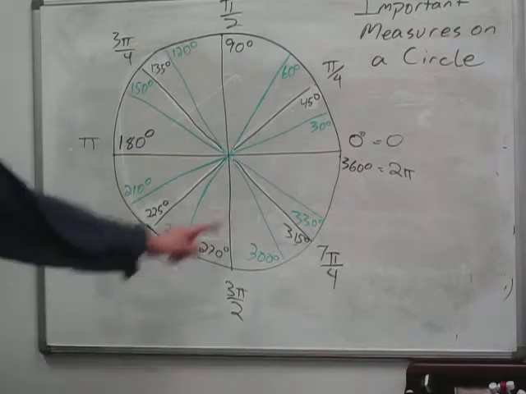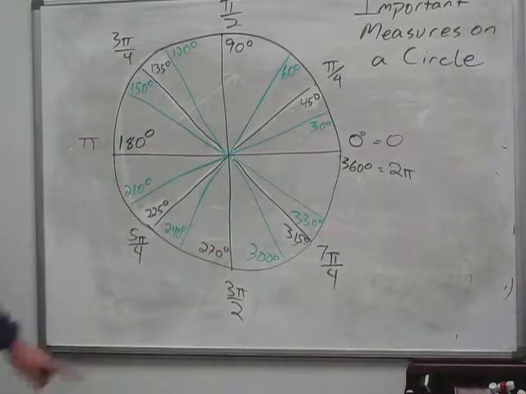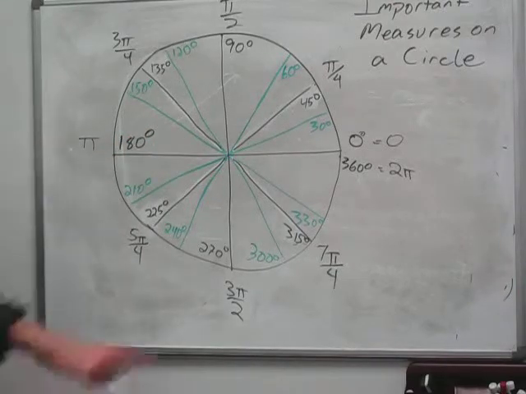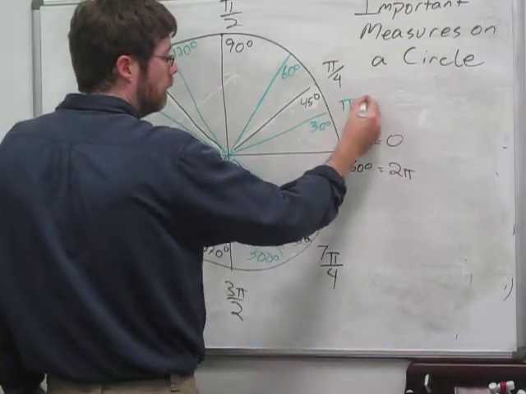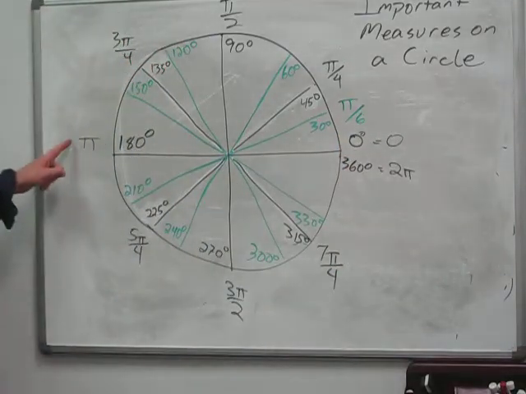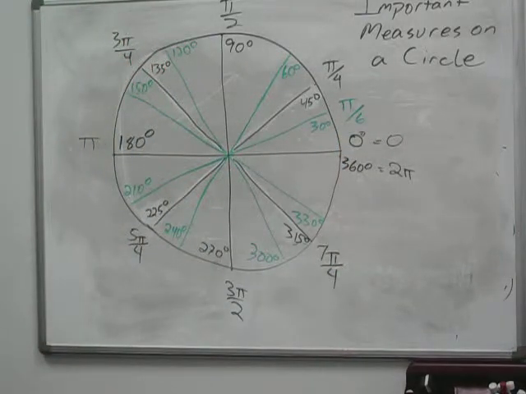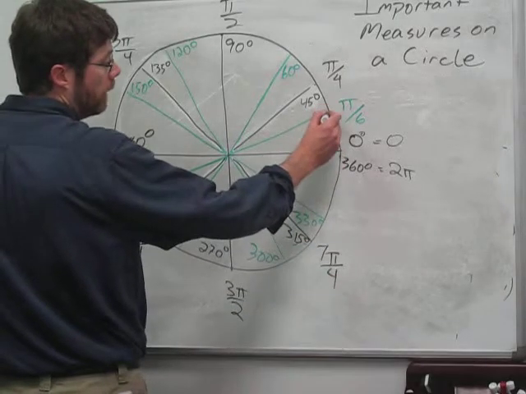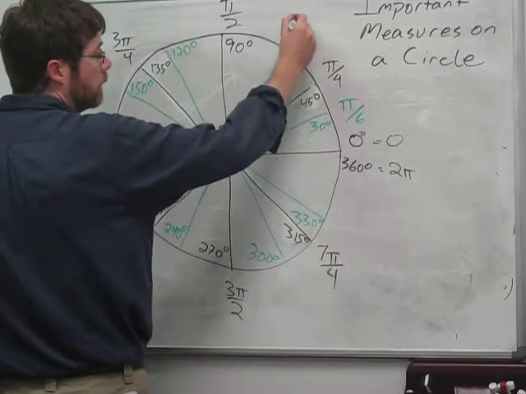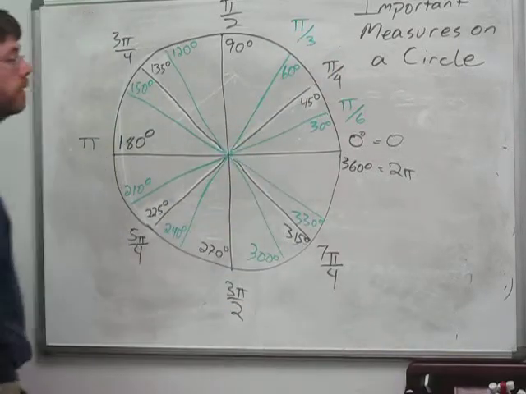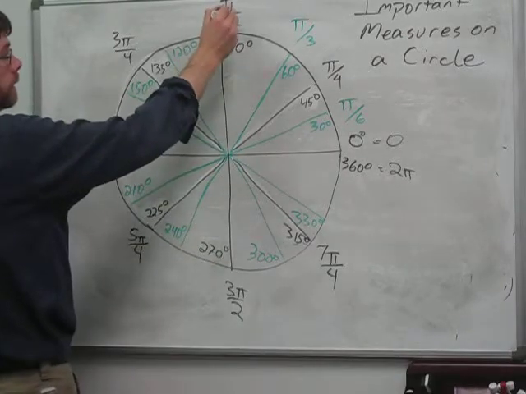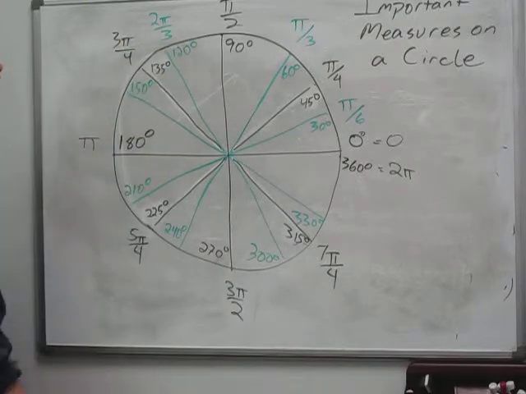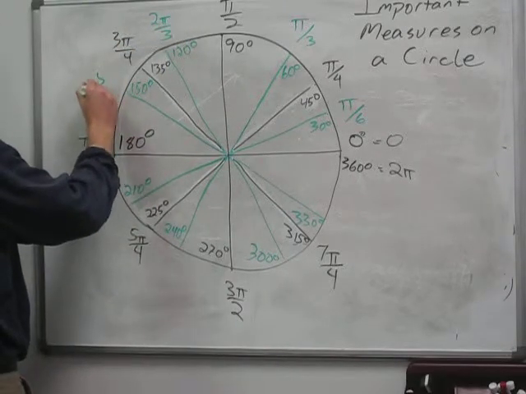Let's take a look at the multiples of 30. 30 degrees is 1/6 of 180. So the radian measure for 30 degrees must be pi over 6, 1/6 of pi. So now let's call out the multiples of pi over 6. Right? Pi over 6, 2 pi over 6, which reduces to pi over 3, 3 pi over 6, 4 pi over 6, which reduces to 2 pi over 3, 5 pi over 6,